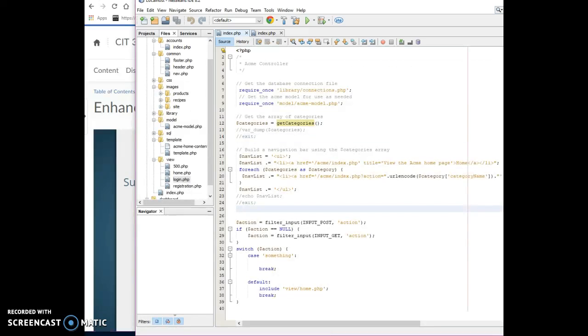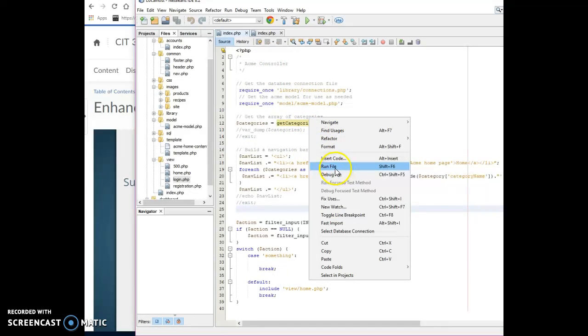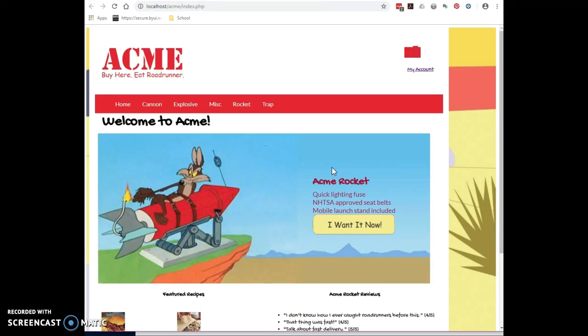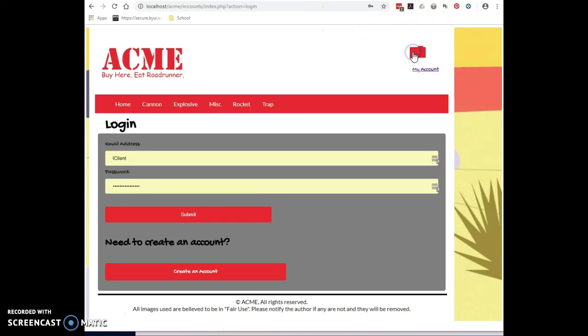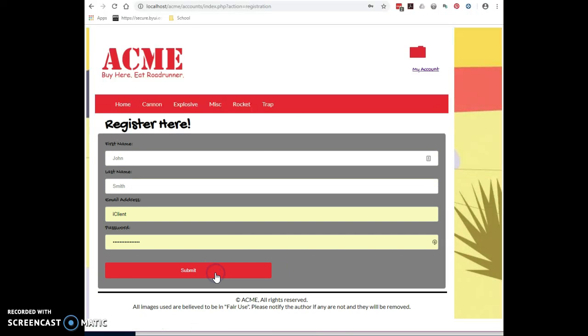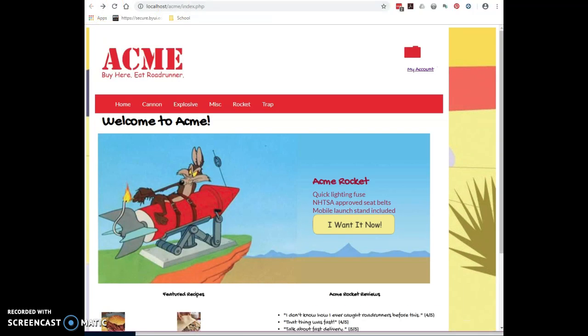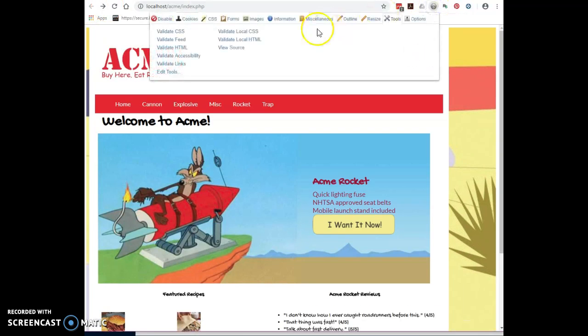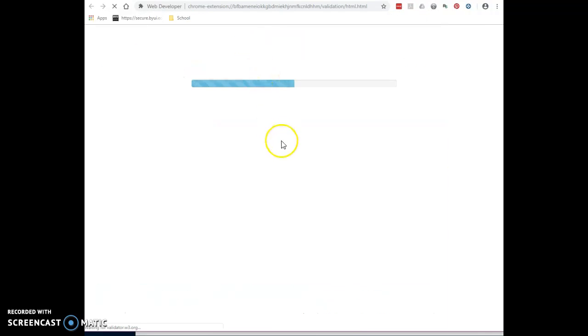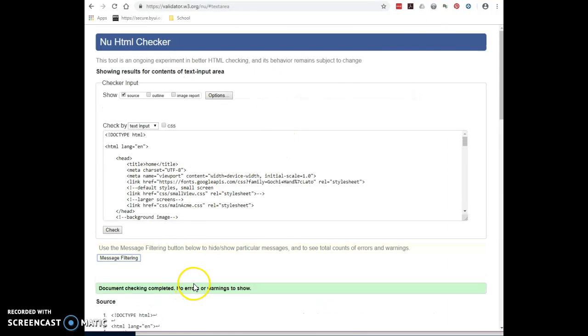I am going to run my index Acme controller page, and this is, let me show that the account works, the login page works, the register page works. And then if I go back, I can show the validation for the HTML, no errors,